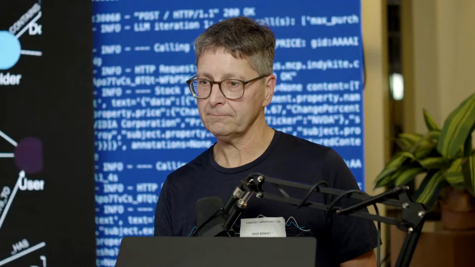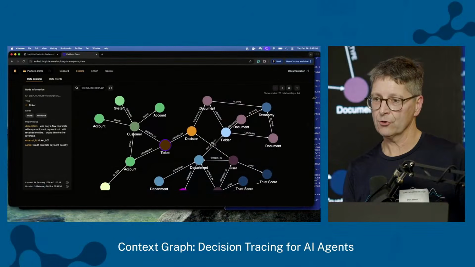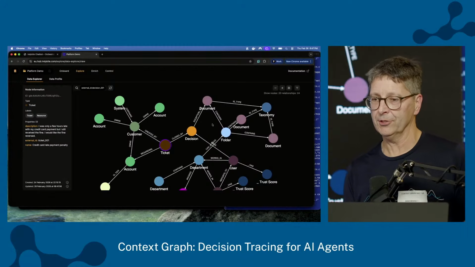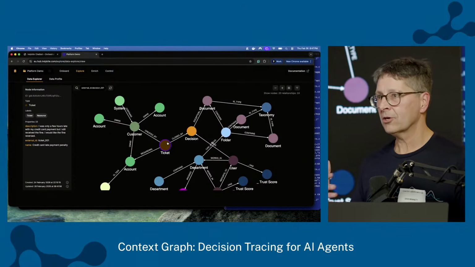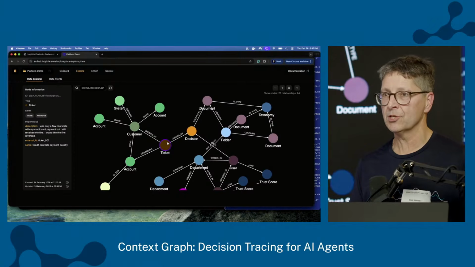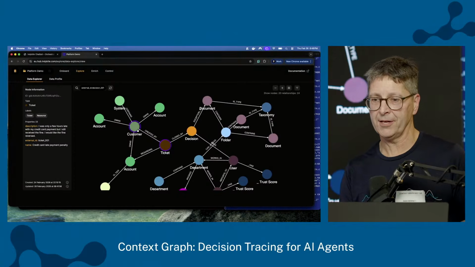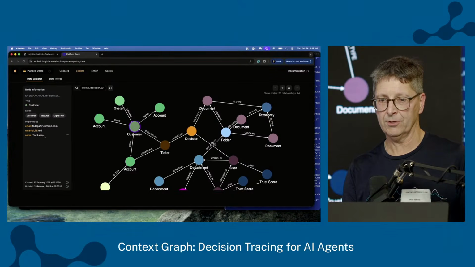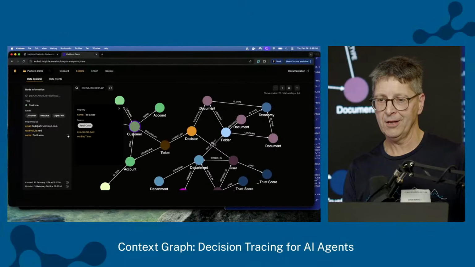So the last thing I'm going to show you, which is what I was going to show you before, but I was rushing so fast. This is the Indykite control plane, and here's a picture of the part of the graph that we were looking at. In our world, context includes these decision traces, but the context is also things like where did this data come from? So not only do we have the properties in the customer account node, but on the property we have the provenance of it.